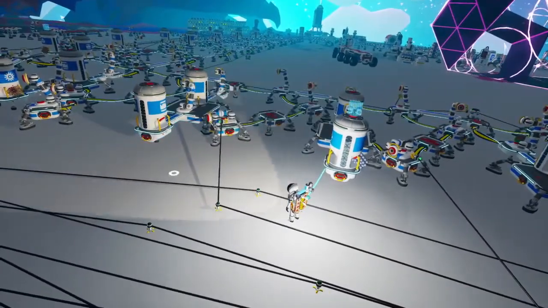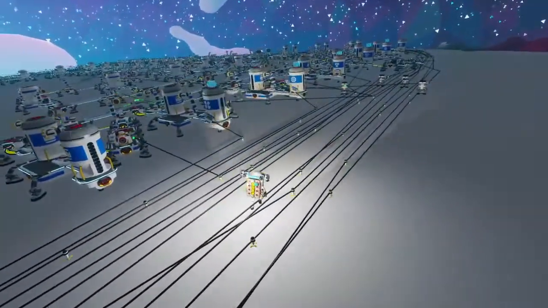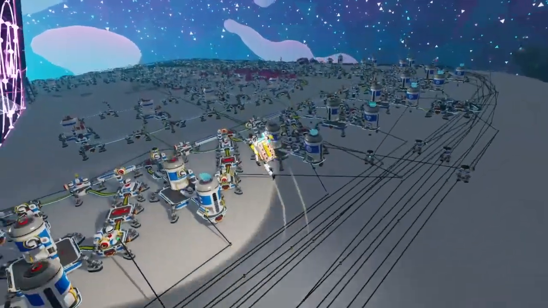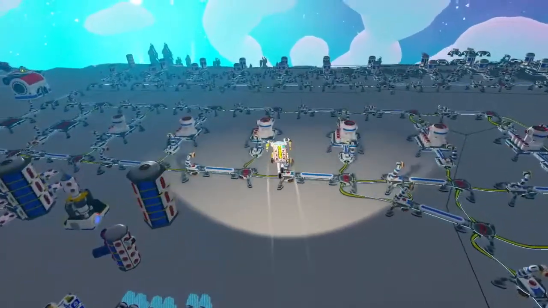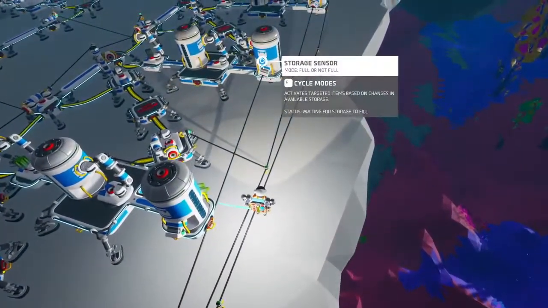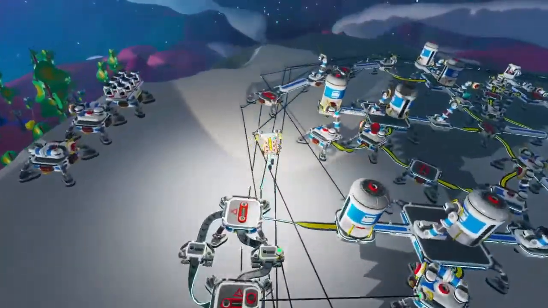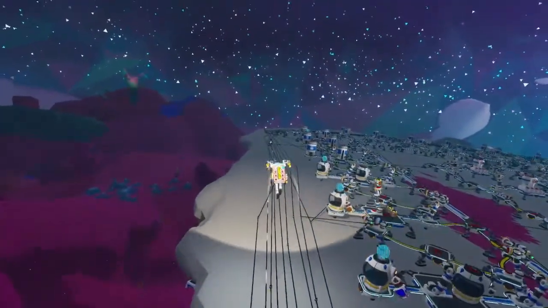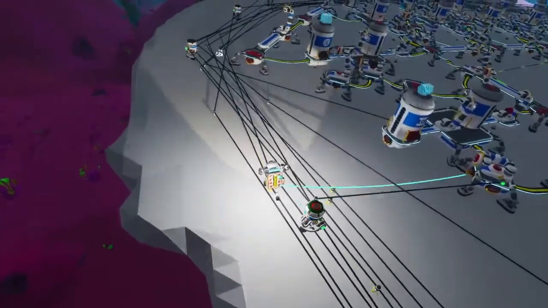Okay, so it works for a single resource. What about a resource that... so let's say organic. So organic can become either rubber or compound. So let's say we need rubber. If we need rubber, this one here will trigger. So let's trigger that manually. That should start pulling out